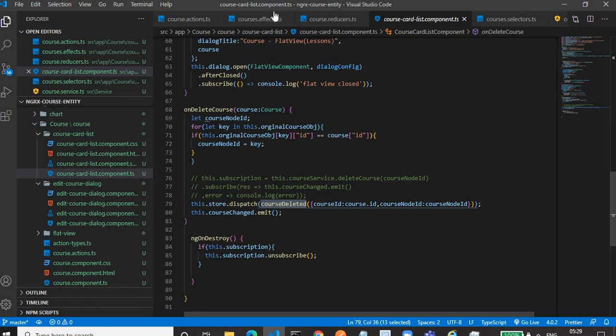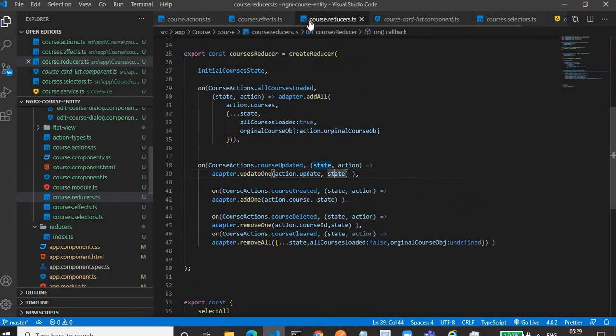The important part to remember is, for updating we need the update object. This update object has two properties, one is ID and the other is changes. ID is the ID of the course that we want to update, and changes is the new course.